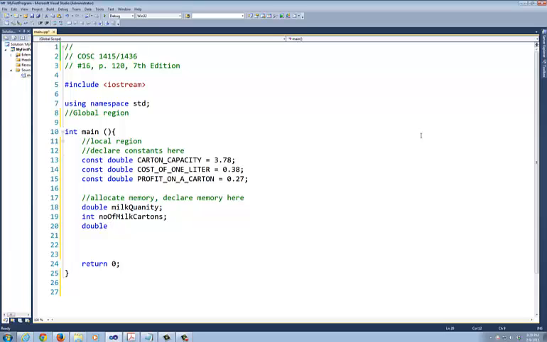The cost is going to be what? It has to be double the total cost of the milk. Okay, I'll help you with this. So double is the profit. That's what you have to figure out. Okay. You need to prompt the user